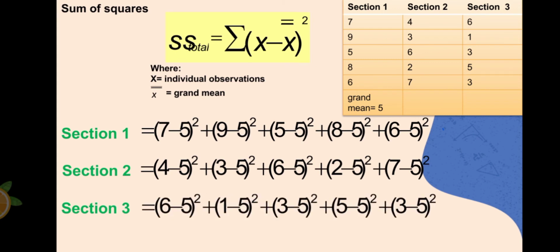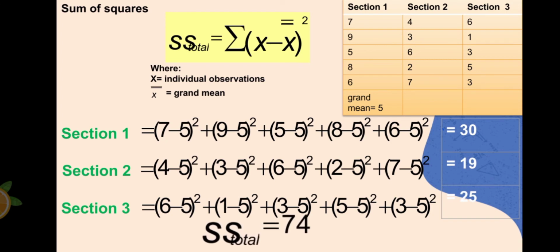Okay, we have to get the summation of these 3 sections. That would be our sum of squares total. So our sum of squares total will be 74. So you have to take down notes of that value since we are going to use it later. So now we have